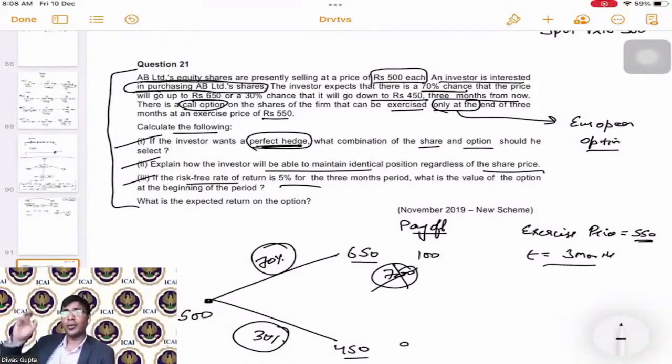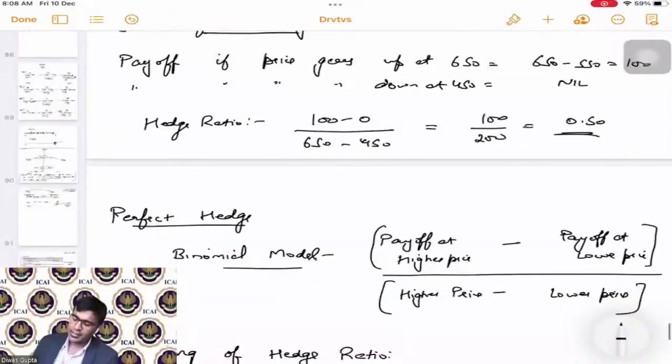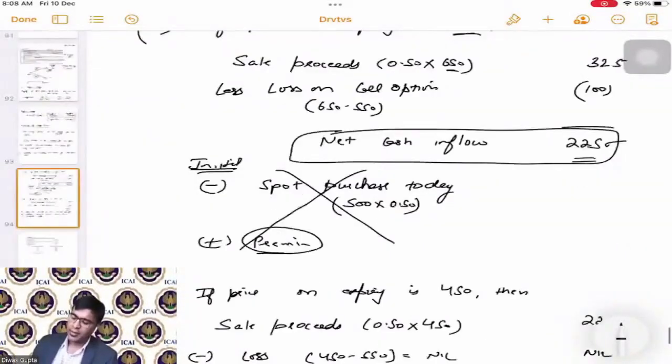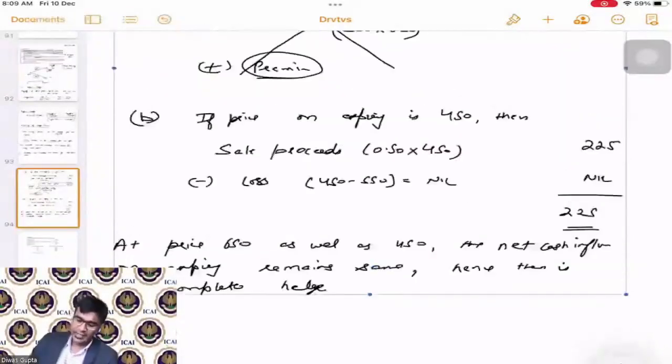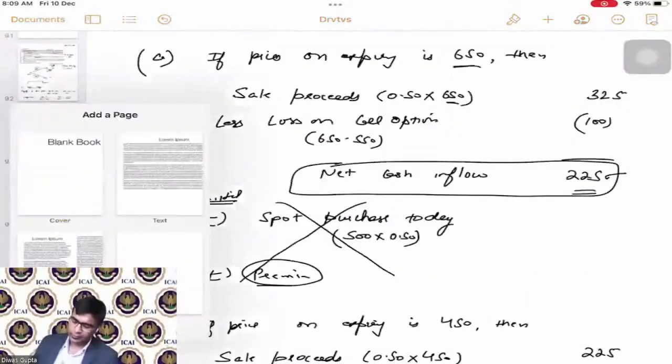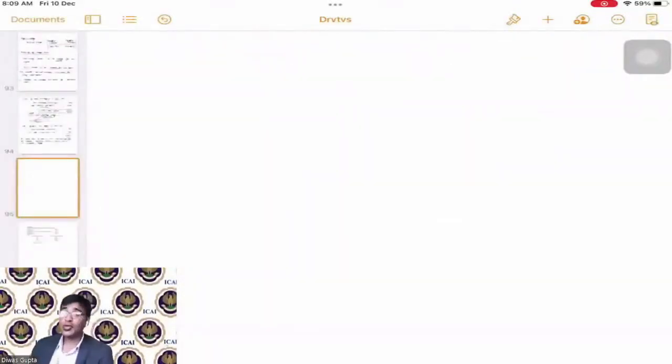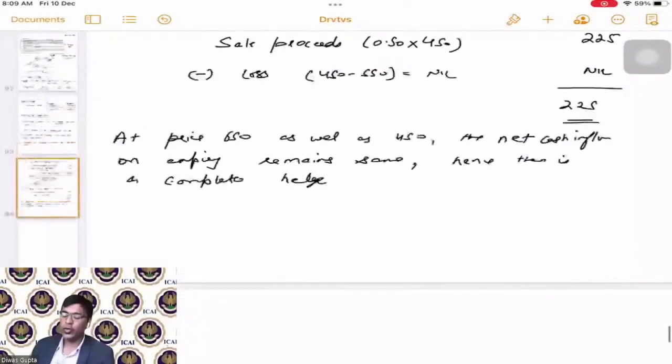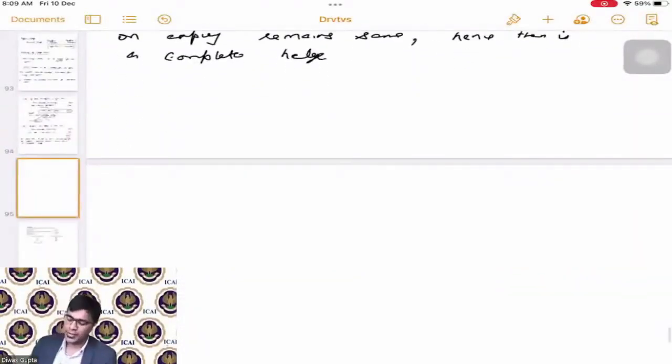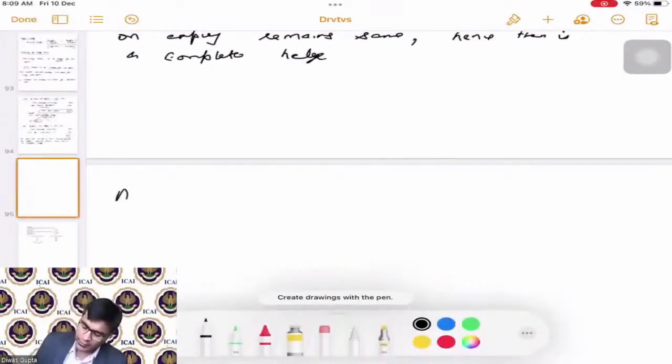Now, think it from the investor perspective. What has the investor done here? This is actually a very good question because this will test all your logic. Now, as an investor, I'm just doing a rough work here, not part of the solution. As an investor,